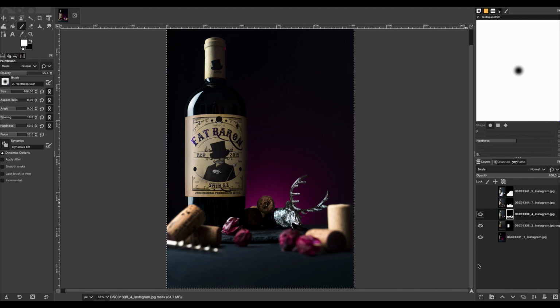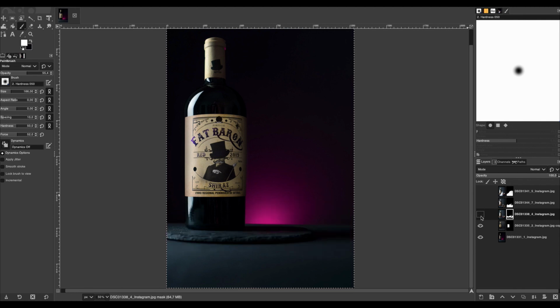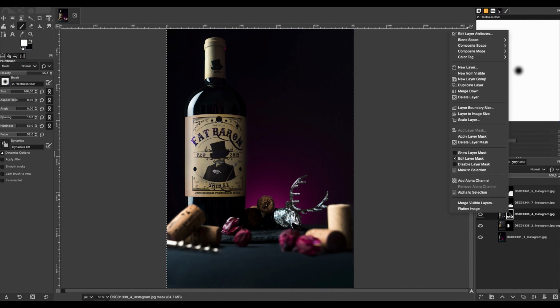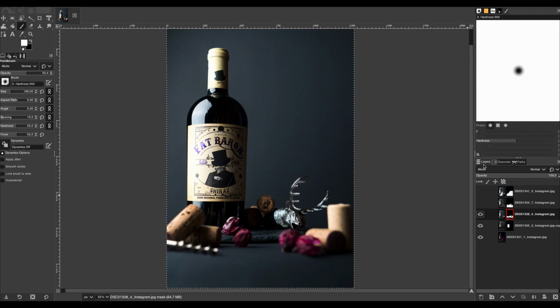This was something I had to use in a recent shoot of mine where I shot this wine bottle, but I exposed and lit the foreground differently than the background. So the original background photo is only this one, and then I composited in the foreground elements, the decorations here, like so. And if I disable this layer mask, which is on this layer here for the moment, you see that the foreground photo